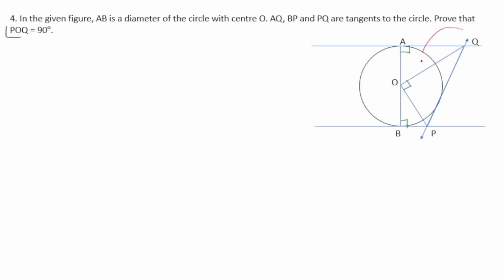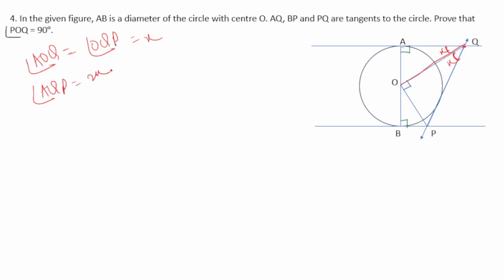And if you see this point Q, it is an external point to the circle, and the tangents drawn from the external point are equal. And the line joining the center and the external point bisects the angle between the tangents. So these two angles are equal. So angle AQO is equal to angle OQP. We will assume these as x and x. So angle AQP